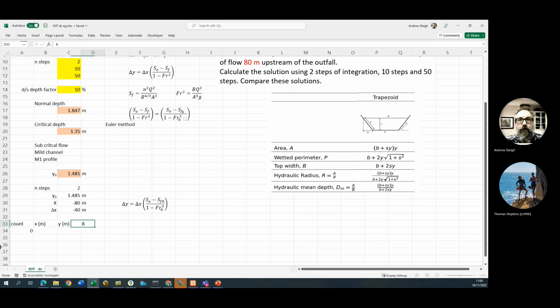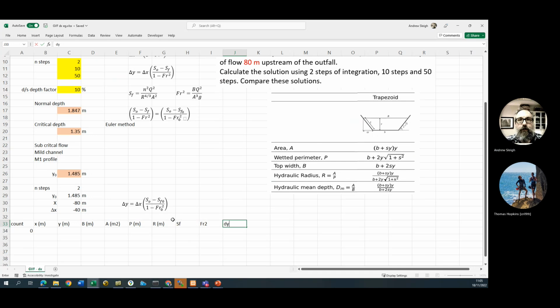Capital B in meters, remember that's the surface width. A in meters squared. P, wetted perimeter in meters. R, also in meters. Then SF and Fr squared,